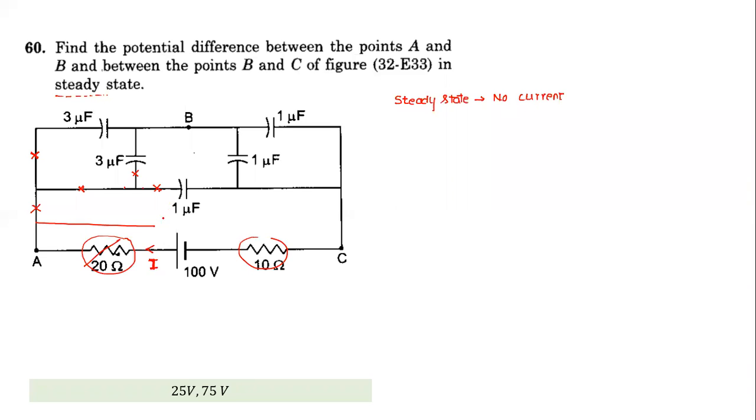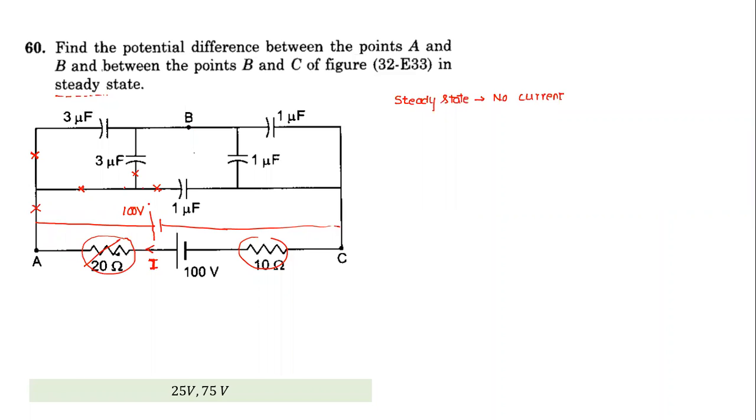This circuit is equivalent to your capacitor circuit, in which a battery of 100 volt is connected. So the whole circuit becomes your capacitor circuit question. What do we need to find? I need to find the charge on different capacitors. Can I find the charge on the capacitors now? You can. Convert it into equivalent capacitance and then find. Correct.